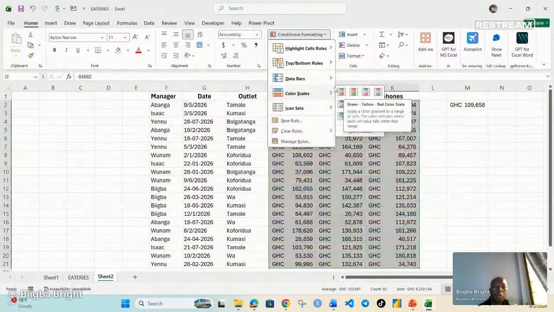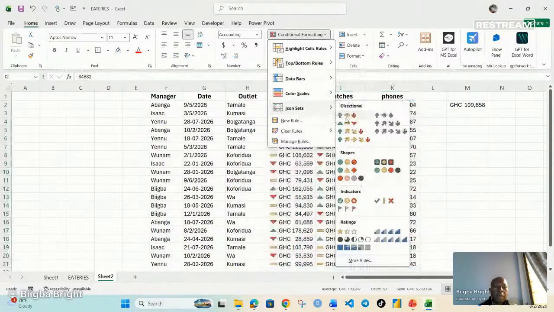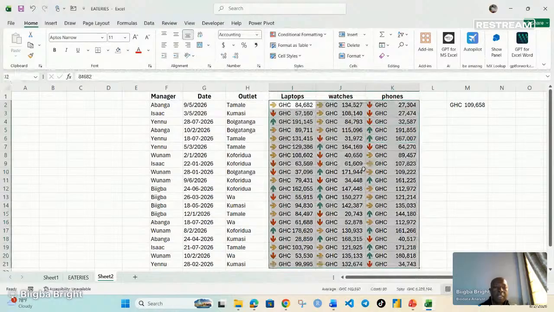So we can also have icons. The icons will also allow you to be able to see which direction that you are looking at. For instance, if I select this, it means the higher values. You see the arrow will be pointing upwards. The average values, the arrow is pointing on the right hand side, and the lower values, the arrow is pointing downwards, and then in that order. So if you check on top here, these are our lower values. These are low values as you can see them here. Then these are the higher values as you can see them in that order. So when we go to any section, we are able to see which ones using the arrows, the direction of the arrows. And like I said, it distributes the data into 3 different sections,